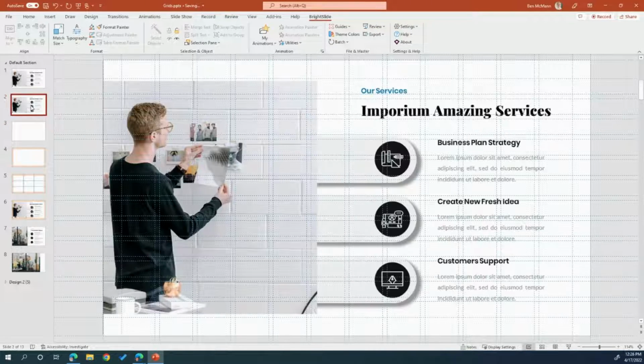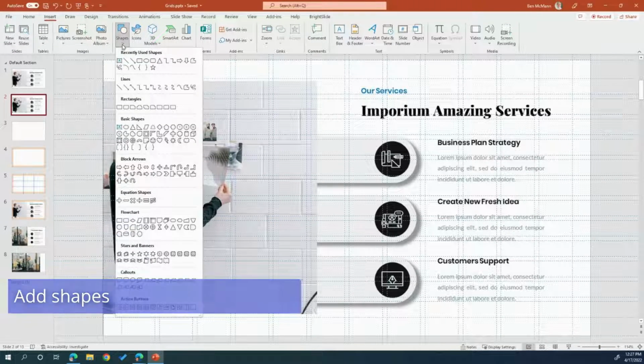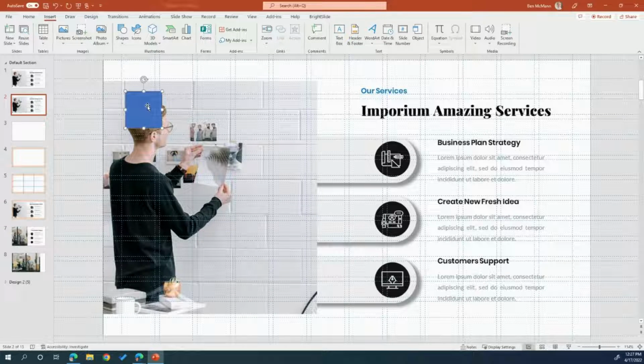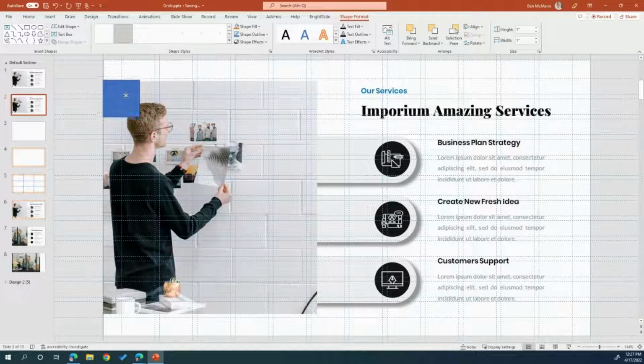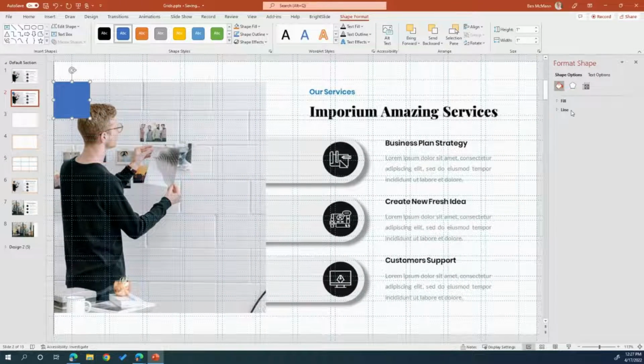If we take a look at our slide that we brought in, now we can start to pick apart the design and see how the designer uses this grid to lay things out in a way that's easy to follow with the eye. The first thing that we do is we just start adding some shapes to see how everything is laid out. So we'll get our rectangle shape and put that above our image here that the designer used. I'm going to modify the shape real quick, and we're going to add transparency,